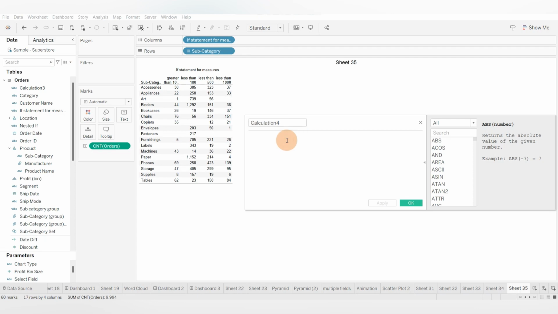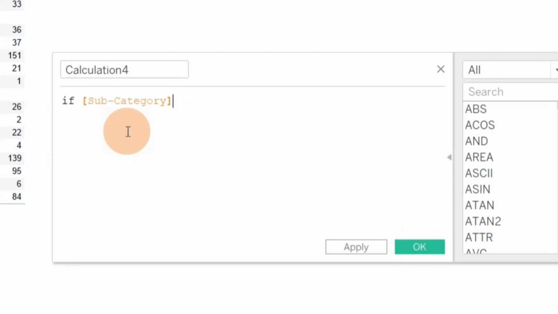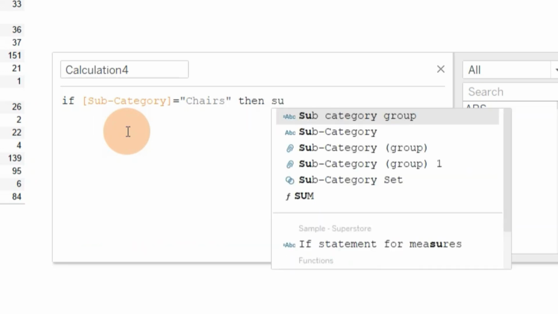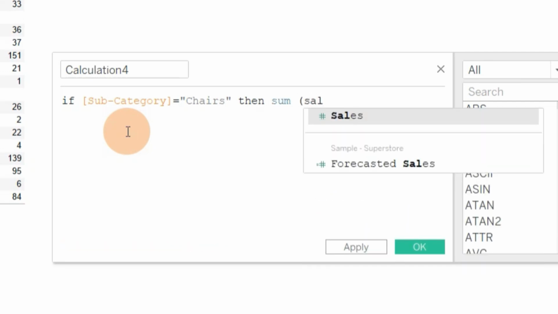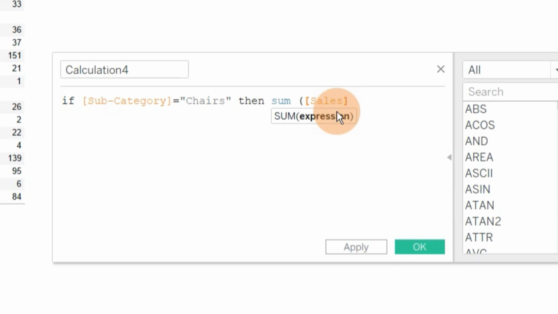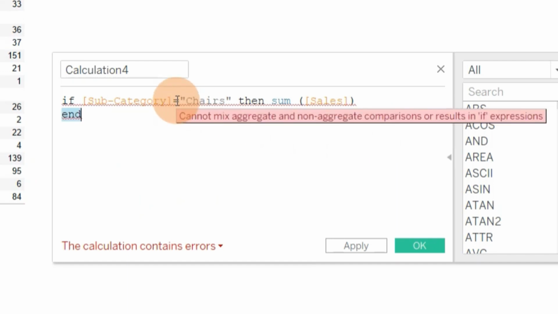So here if you write your if statement, if subcategory is equal to, suppose, chairs, then I want sum of sales, and so it will give me an error that I cannot mix an aggregate and then non-aggregate comparison.